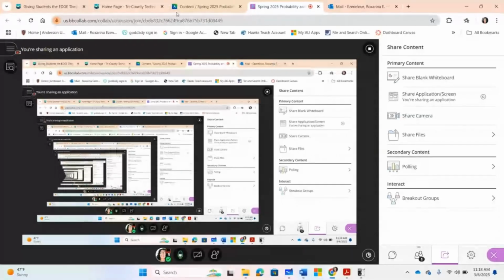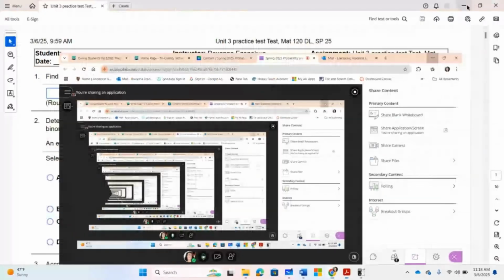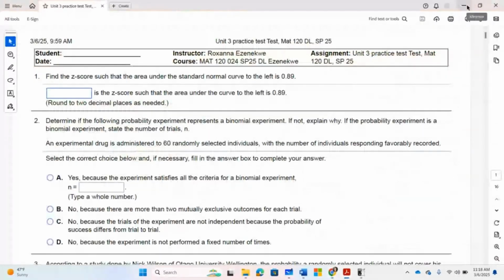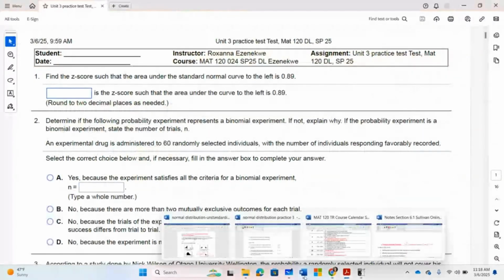Let's get into Unit 3. The practice test is already assigned. It's in Blackboard. Unit 3 practice test is assigned. It is in Blackboard. Our test number 3